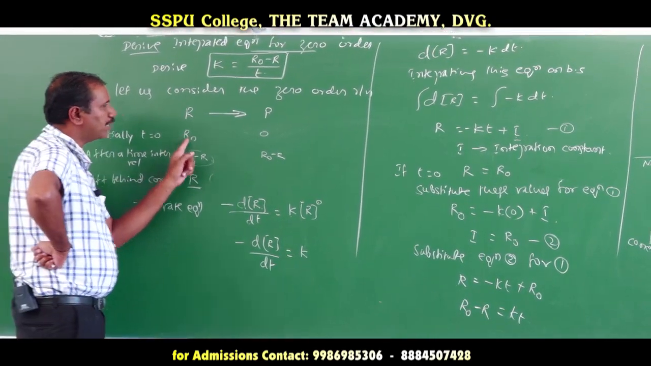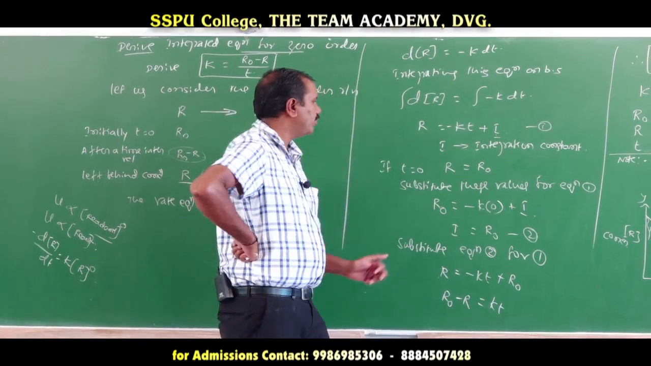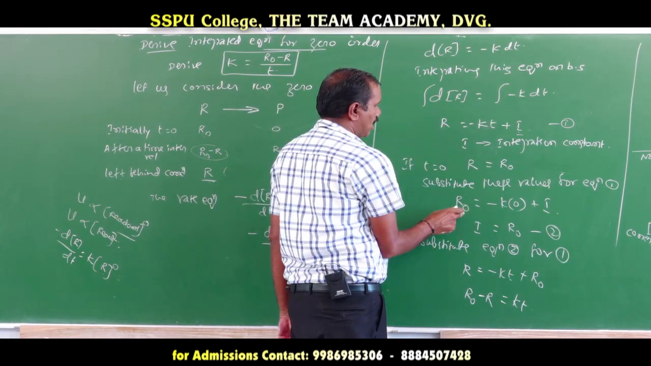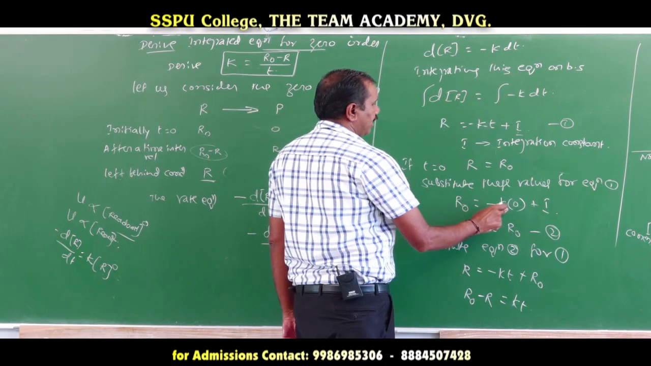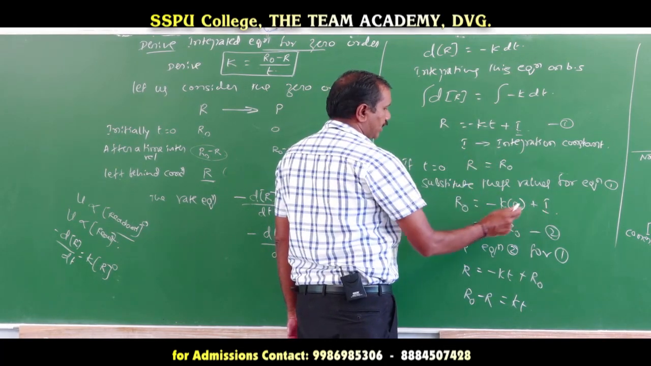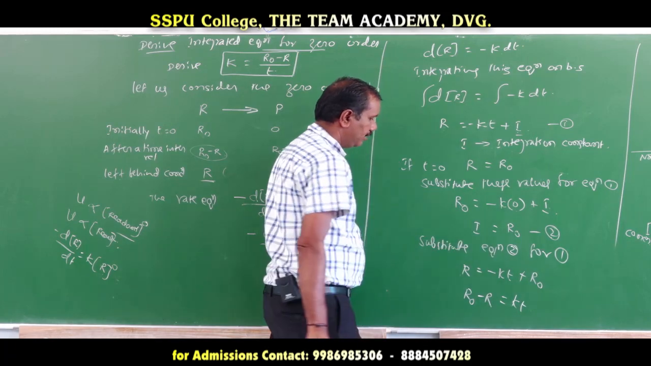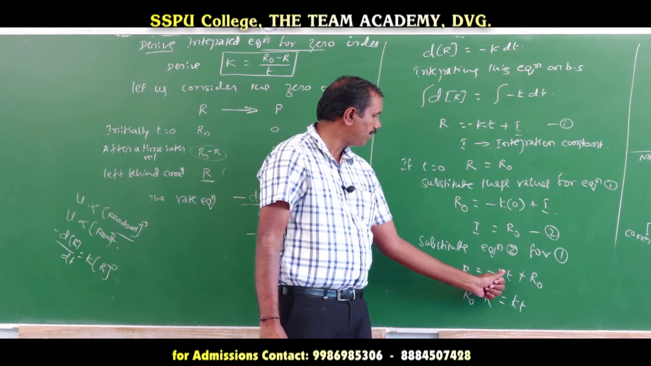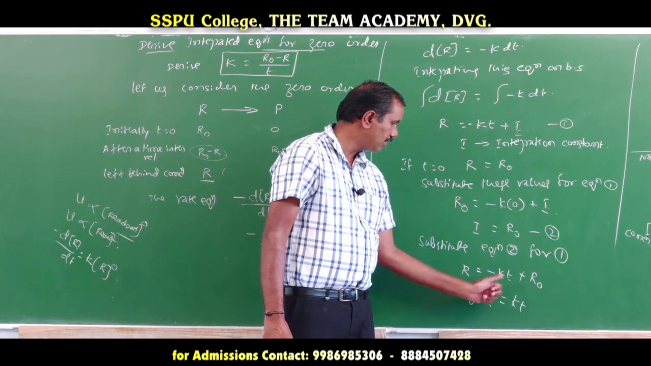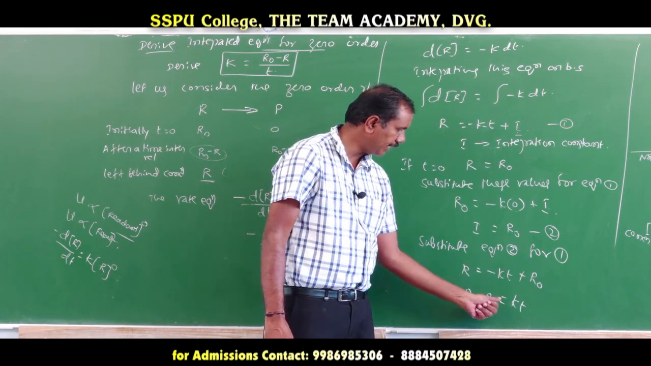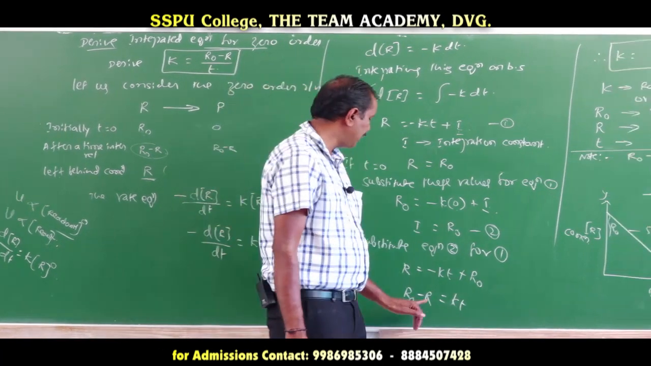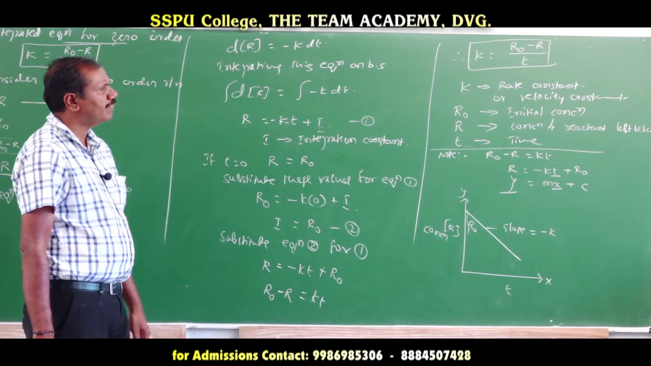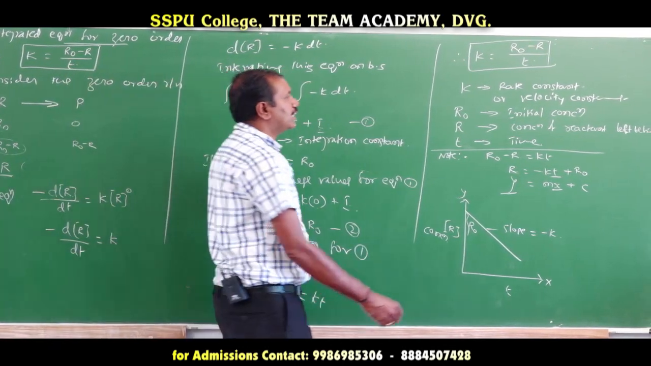the concentration of R, R naught. If you substitute these values in equation 1, R naught equals minus k into t, which is 0, plus I. So I is equal to R naught. Substituting the value of I in this equation, R is equal to minus kt plus R naught. R naught minus R equals kt. We may write k is equal to R naught minus R divided by t, where k is nothing but the rate constant or velocity constant, or specific reaction rate,